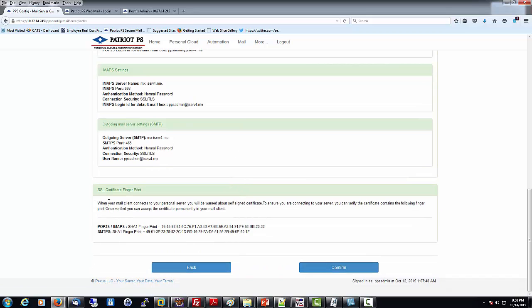The last section in this page is the SSL certificate fingerprint. Now this is very important. Whenever you try to connect to your personal server's mail server, the SSL certificate that is used is actually a self-signed certificate. But you can easily verify that you are connecting to your mail server by verifying the